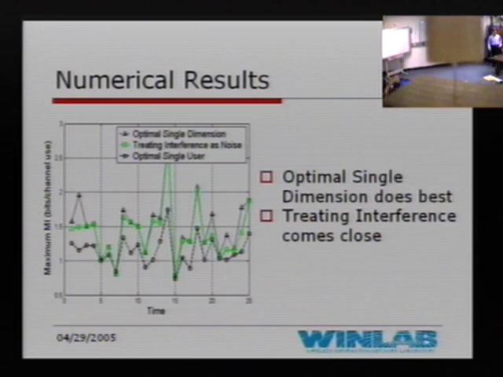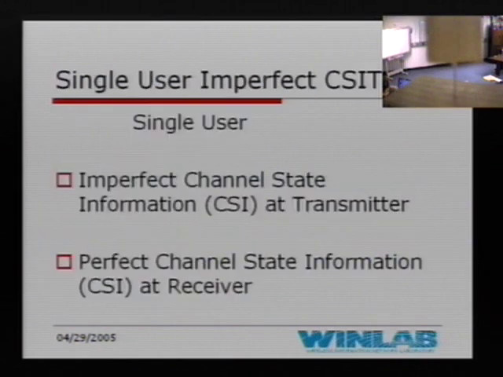Why 5, why not 10, why not 100, why not 2? For the two user two subchannel case, I saw that with 5 we did not get any more gain. It looked like it was converging after 5. And we see that treating the interference as noise seems to do pretty well compared to the single dimension policy. We can't really claim it will extend to higher cases, but this is just a possible indication, because the treating interference as noise method was easier to implement than the optimal single dimension policy. At least heuristically we have some indication.